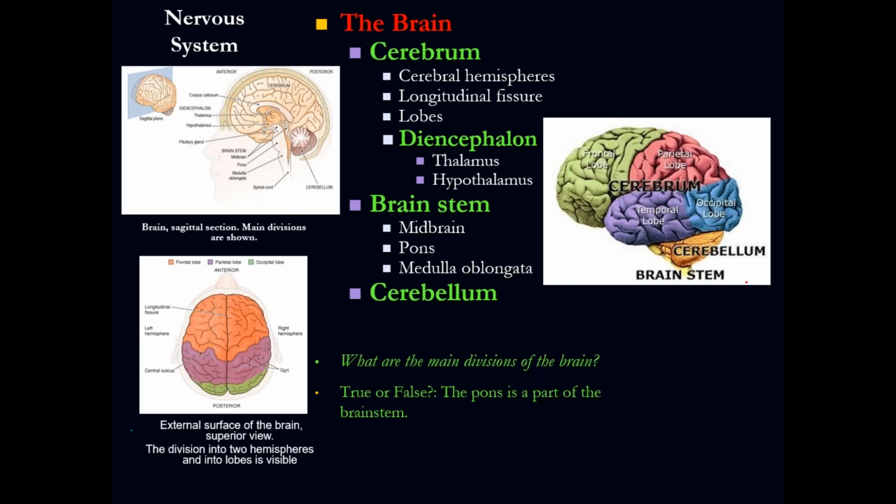So we have the cerebrum. Look at this cerebrum. What I want you to remember, open eyes, open ears, is the longitudinal fissure. Where is the longitudinal fissure? It is in between the two hemispheres of the cerebrum. So this line in the middle here, if I can draw it, that line is going to be the longitudinal fissure. Okay, that divides the right from the left cerebrum.